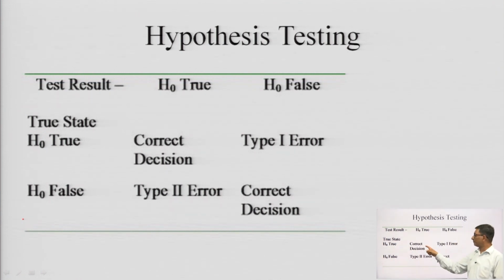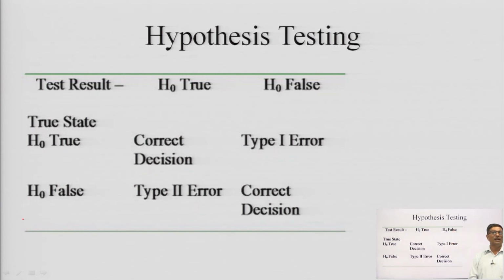So, first case, when in true state the null hypothesis is true and the test result shows the null hypothesis true, this is a correct decision, while if in true state the null hypothesis is true, but the test result shows the null hypothesis is false,